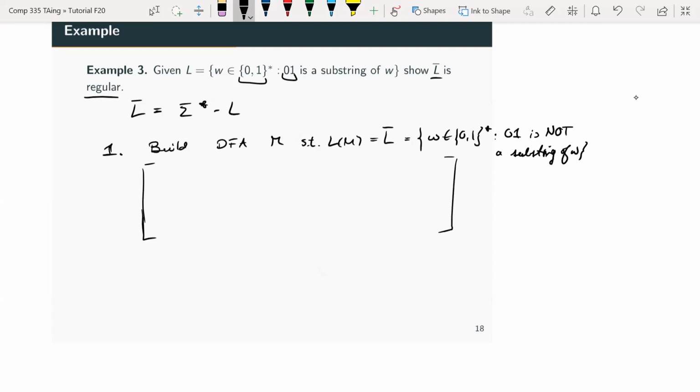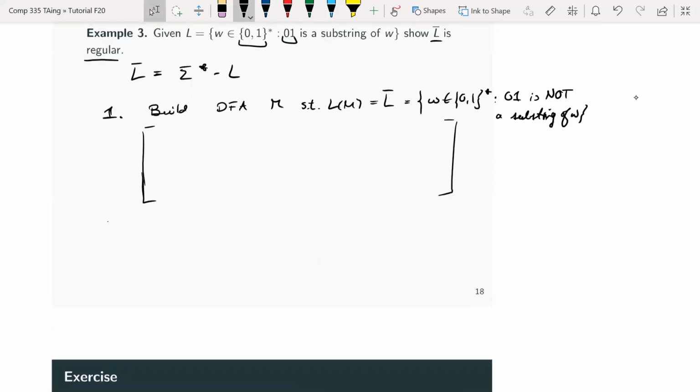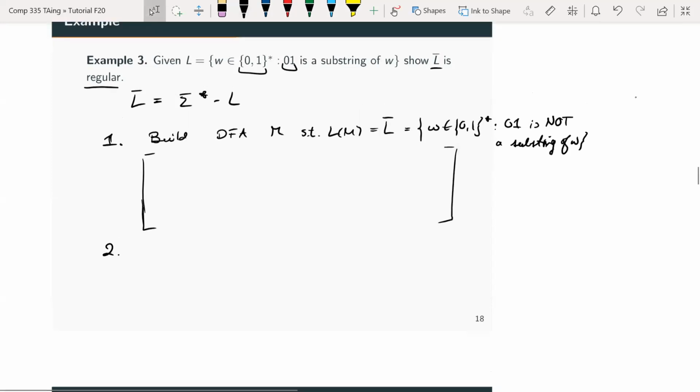What I'm going to do is give you a trick for DFAs where you want to show that L complement is regular. So the other way is you build